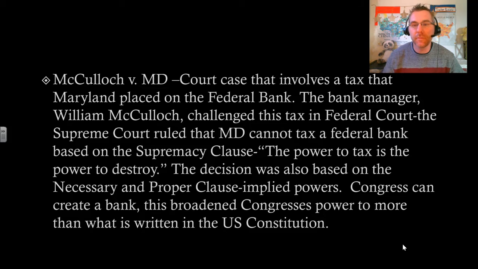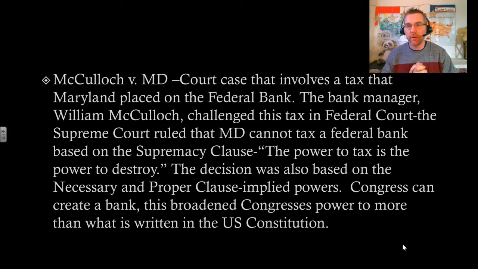So let's start off with McCulloch versus Maryland. This is one that we had back from Unit 1. The really big court case here definitely deals with the Supremacy Clause, right? The idea that the state cannot tax a federal bank. So the Supremacy Clause says that this bank can't get taxed by the state of Maryland, okay? But it also deals with the idea of the Necessary and Proper Clause, the implied powers, the idea that